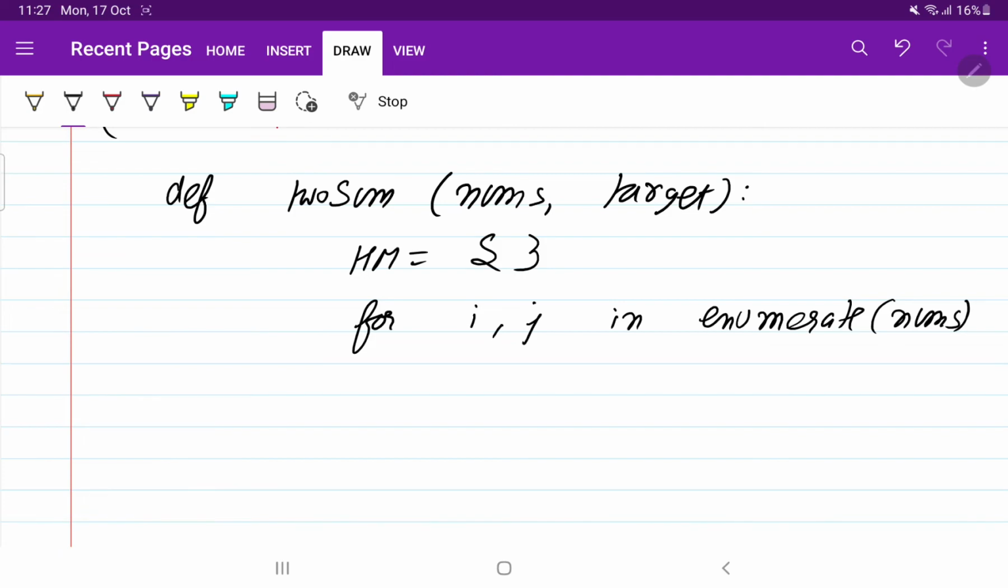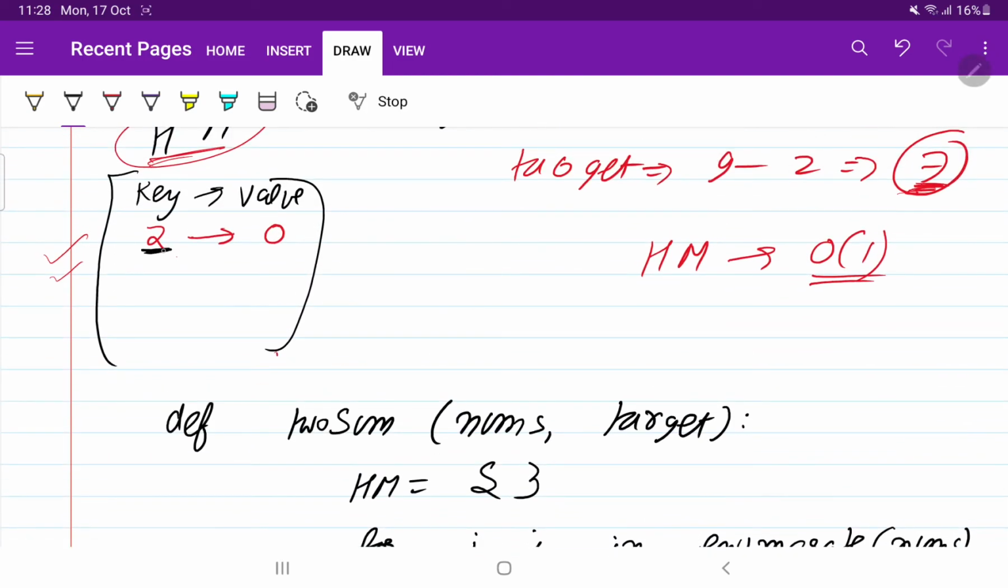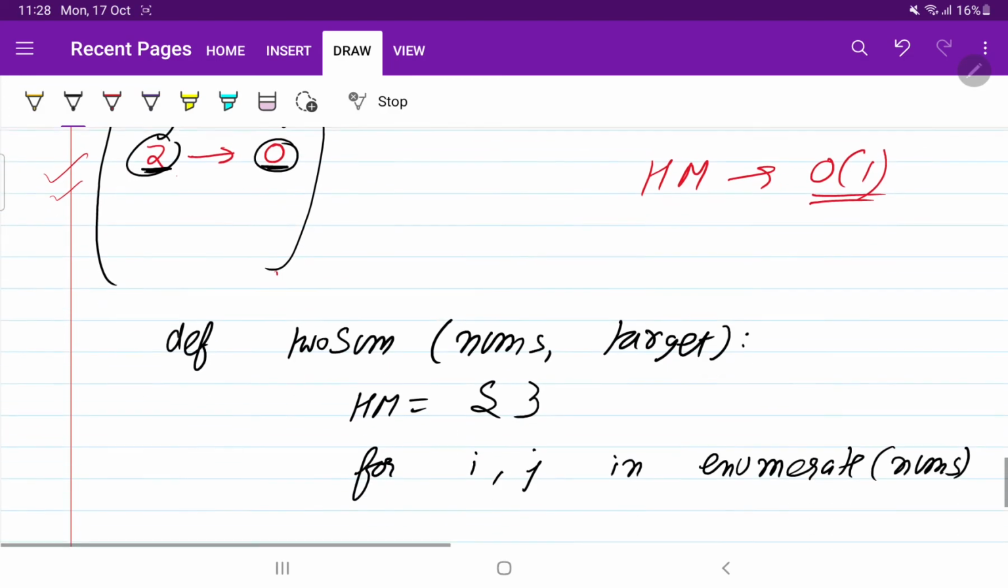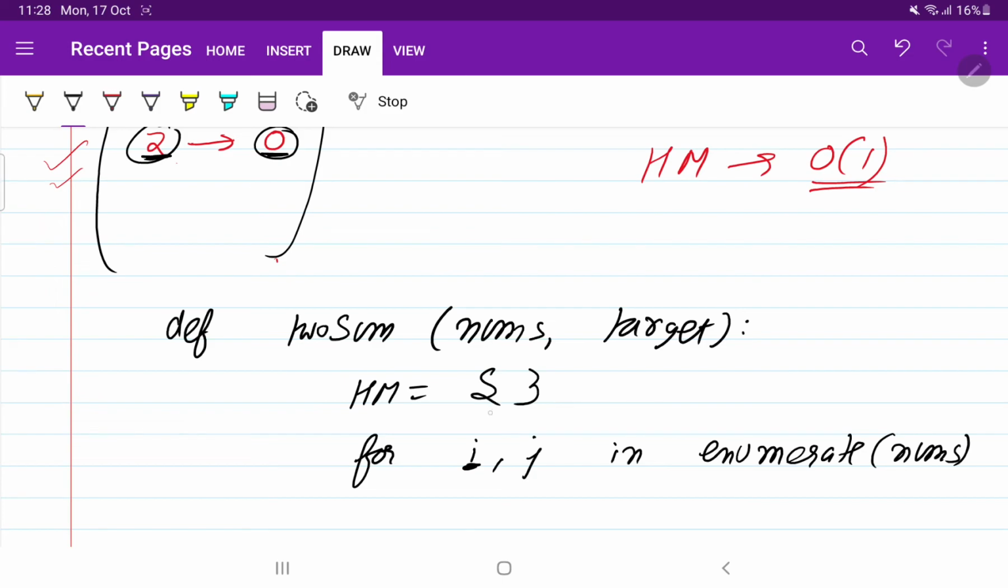This enumerate function will help us to store the index also. Generally, if we want to store two things at a time, the enumerate function helps us do this. It helps us deal with the count of the iterations. Here i and j are the two things: in i we are going to store the index values, and in j we are going to store the actual value in nums.